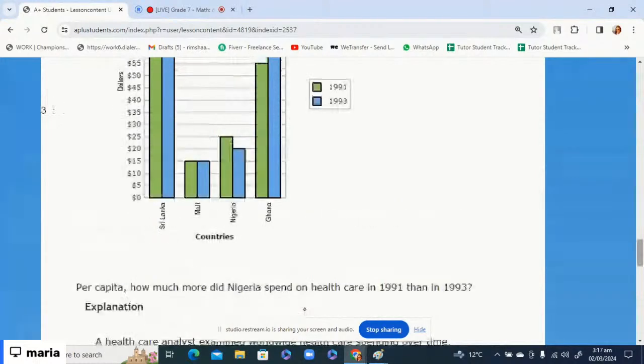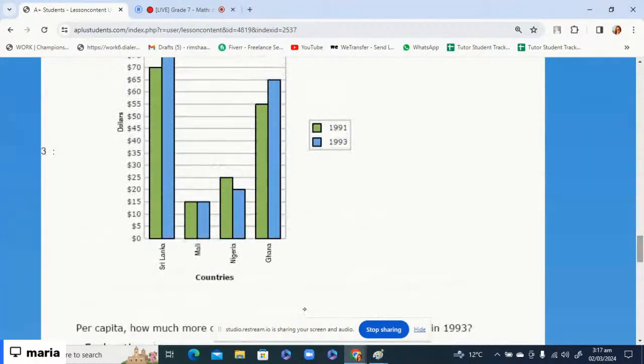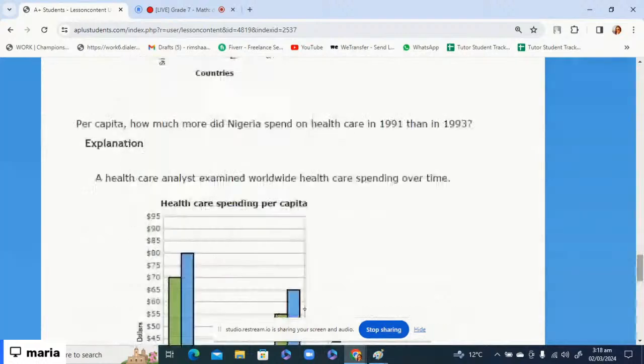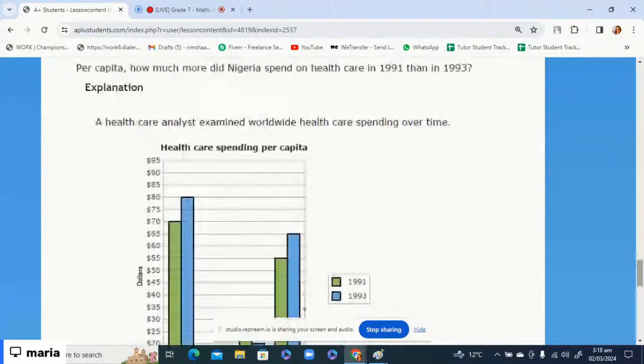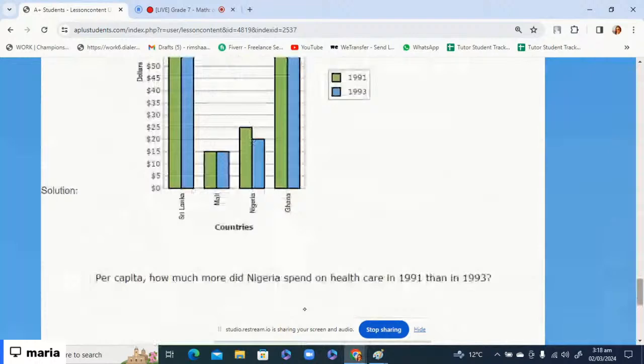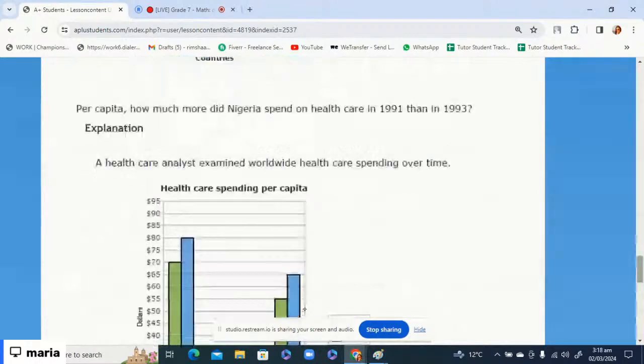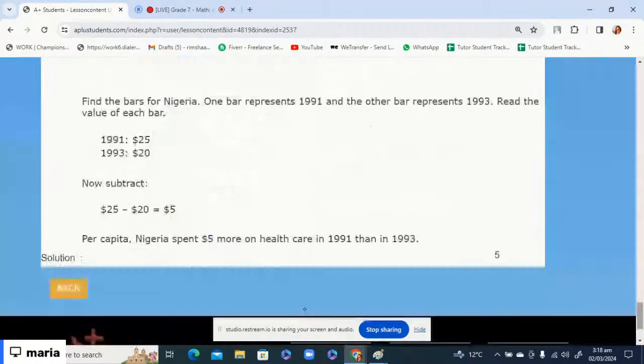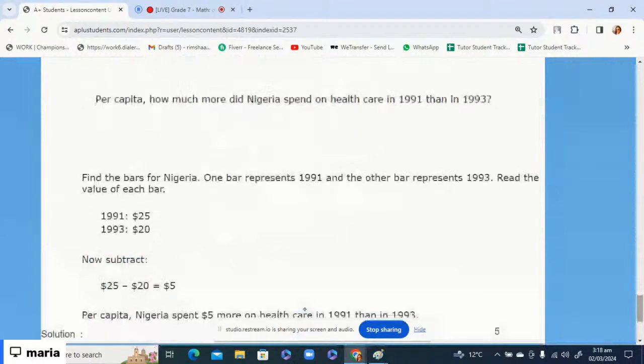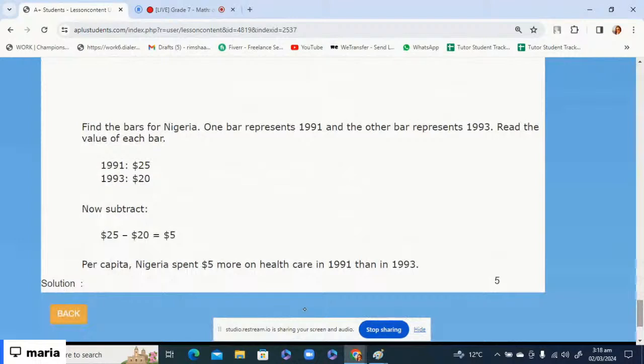So Nigeria in 1991 shows the green color. 1991 shows $25, and for 1993 it shows $20. Now we're finding out how much more. They're asking how much more Nigeria spent. So for more, you subtract 25 minus 20, and the answer is $5. So it means that Nigeria spent $5 more on healthcare in 1991 than in 1993. Okay,